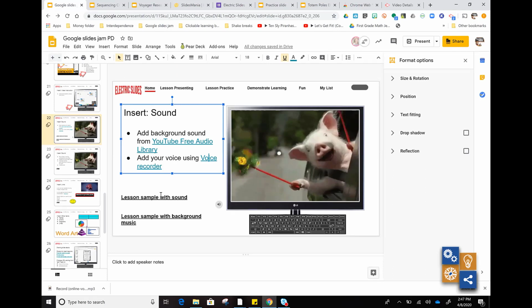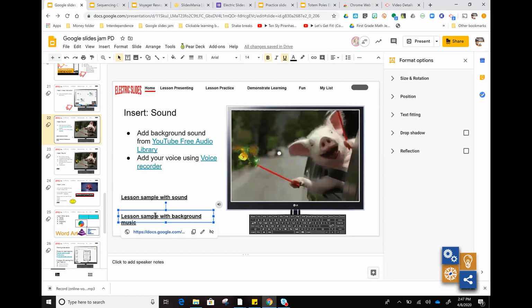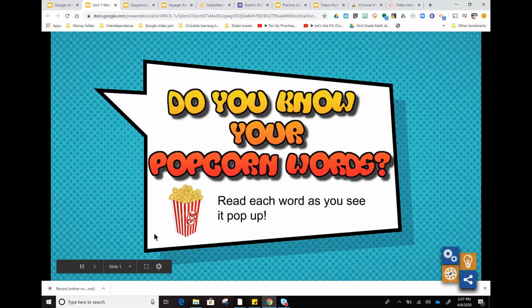If I just want to do sound, so this is the words lesson. We're reviewing our word wall words, and I wanted to make it jazzy and exciting for kids. So I'm actually able to insert